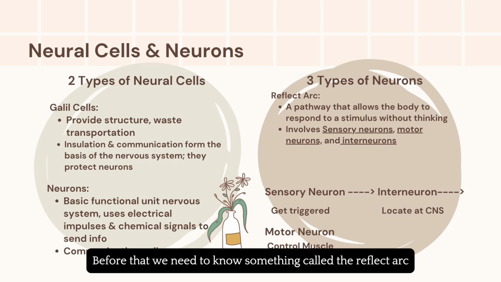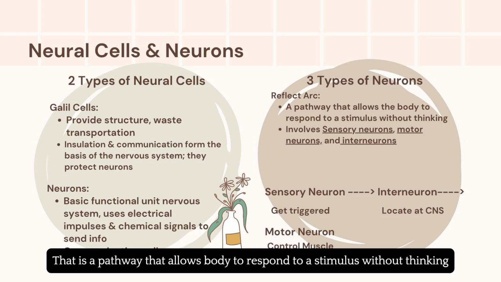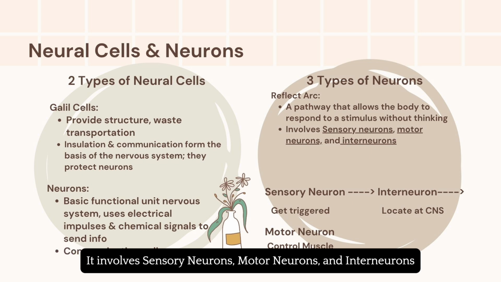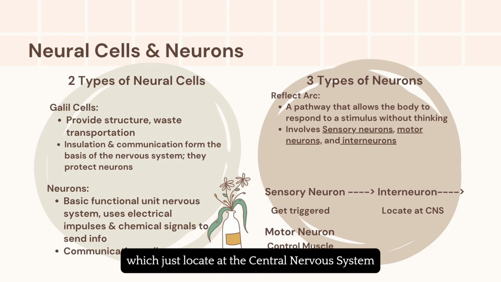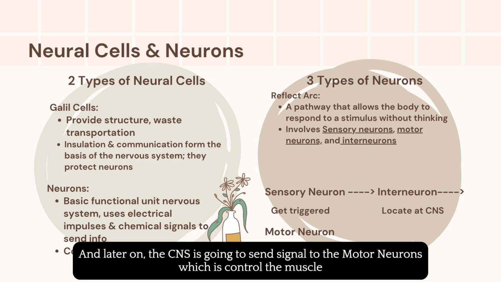Before that, we need to know something called the reflex arc. That is a pathway that allows the body to respond to a stimulus without thinking. It involves sensory neurons, motor neurons, and interneurons. The sensory neuron gets triggered and sends a signal to the interneurons, which are located in the central nervous system. Later on, the central nervous system sends a signal to the motor neurons, which